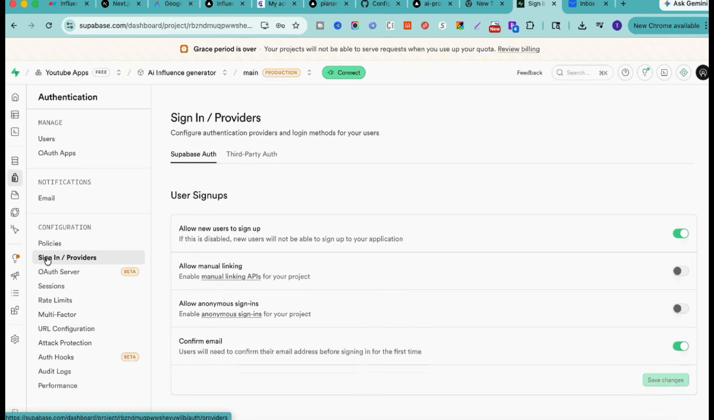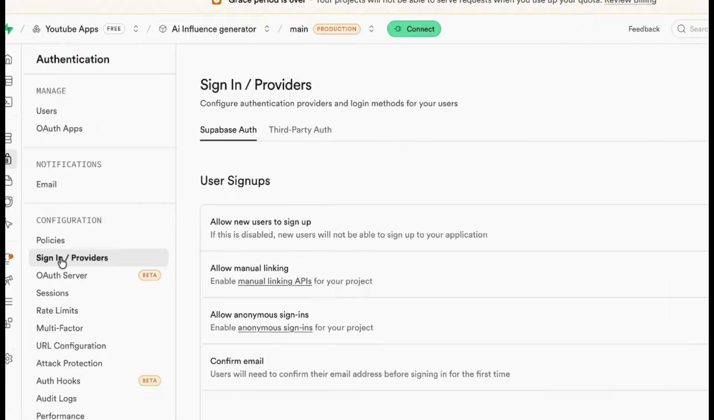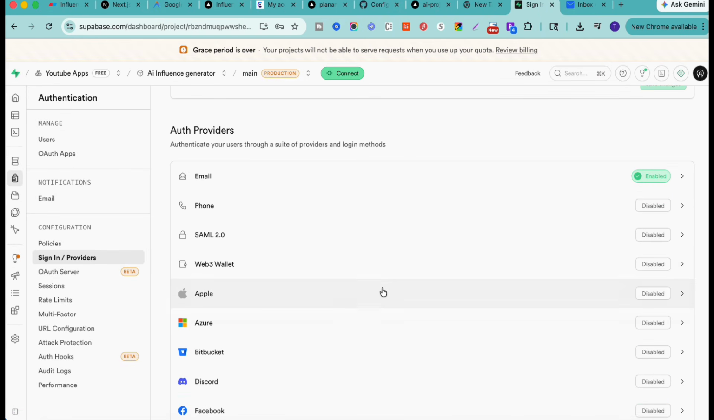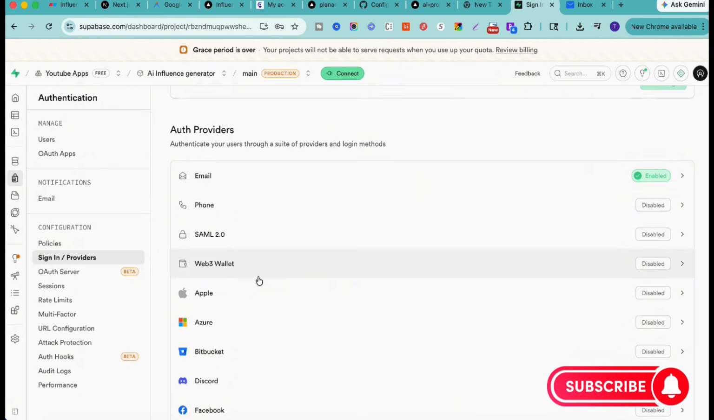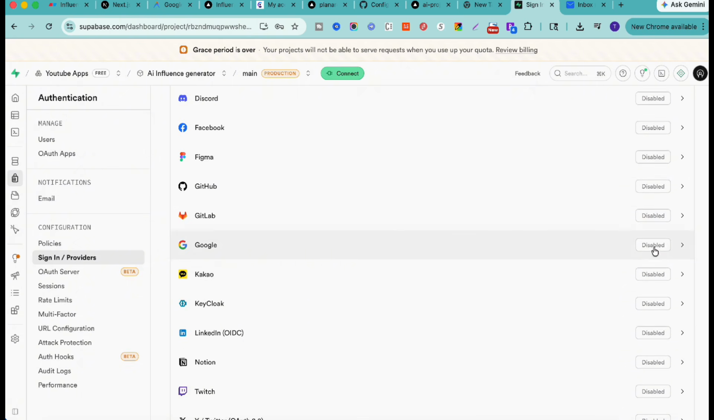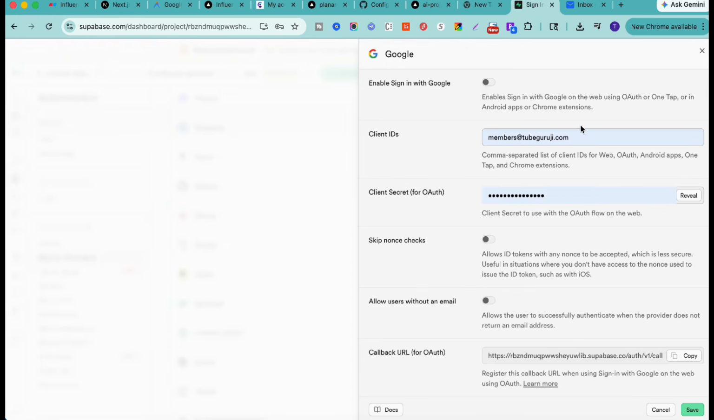Another way, go to the sign in and provider options. Over here you will see a lot of different authentication provider options. Currently only email is enabled, right? But if you want to enable, let's say Google, you can simply click on it. You have to add your own client ID and the client secret key. If it's not there, you have to go to the